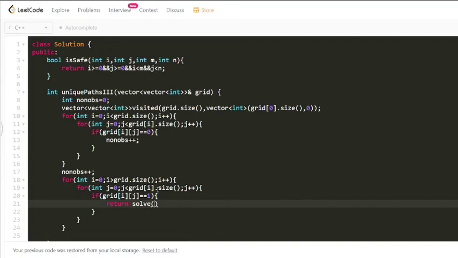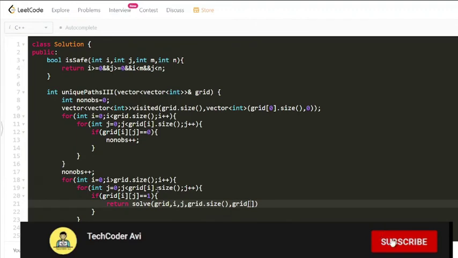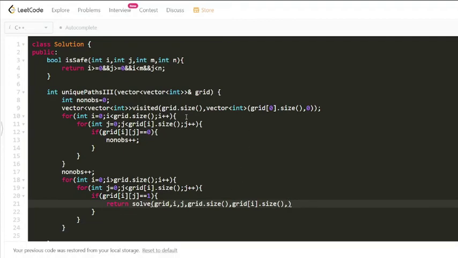Now solve will contain arguments as your grid, i, j. Then we are having m. Now what is m? m is nothing but the number of rows of the grid, and then we are having the number of columns of the grid, and finally we also have this visited one, right?